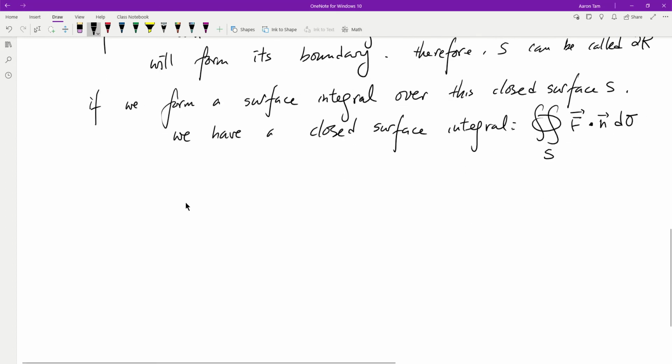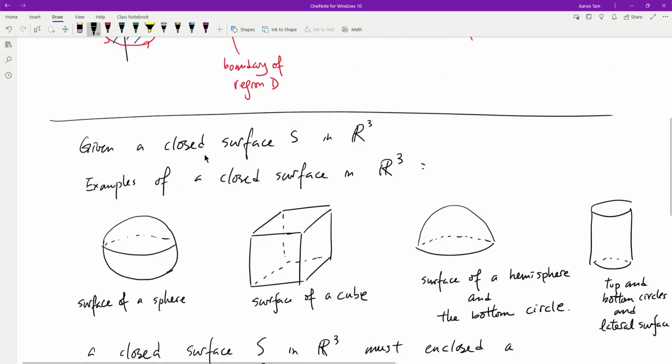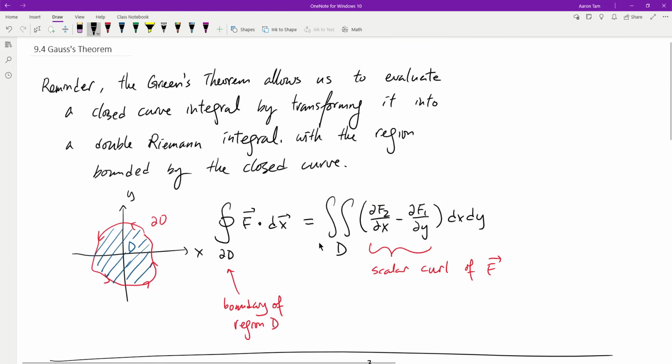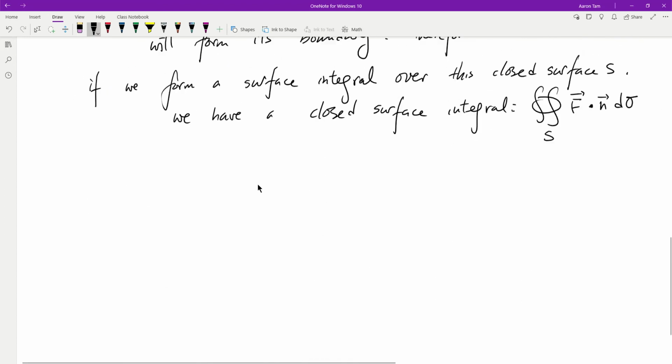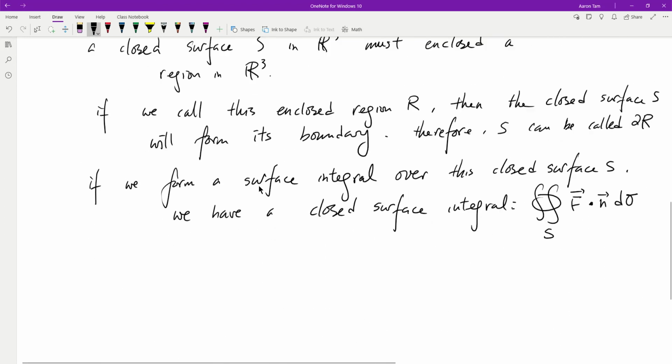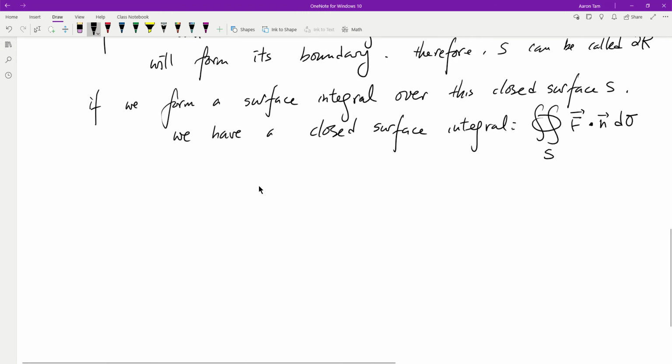So now comes the big part. What does Gauss's theorem say? Well, Gauss's theorem basically says the same thing as Green's theorem. Meaning that if we deal with a closed surface integral, we can actually rewrite a closed surface integral as a double integral into a triple integral in R3. Okay, so what Gauss's theorem allows us to do